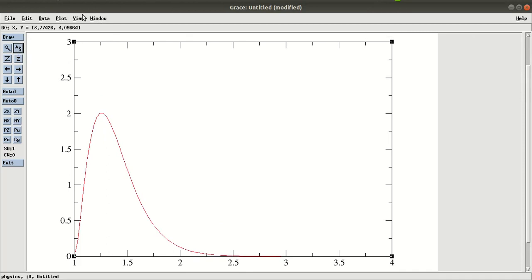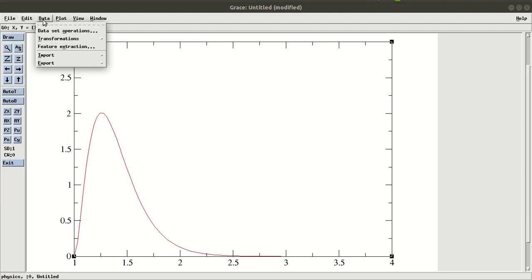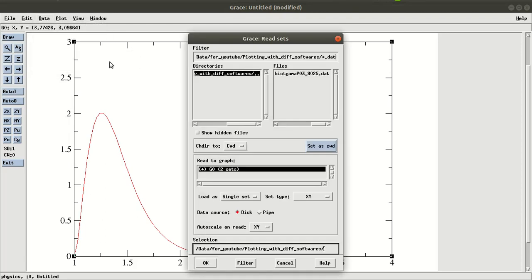And now for the data file, what you have to do is basically click on the data icon, click on the file icon, and let me check. So yeah, click on the data icon and then basically import and then ASCII. Then you need to select the location here. If you provide the location, then it will show you the files corresponding to that location.